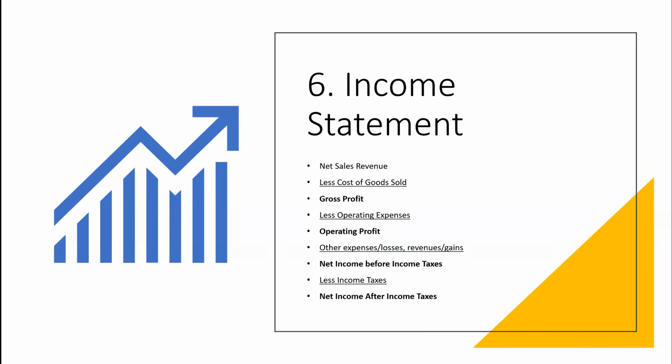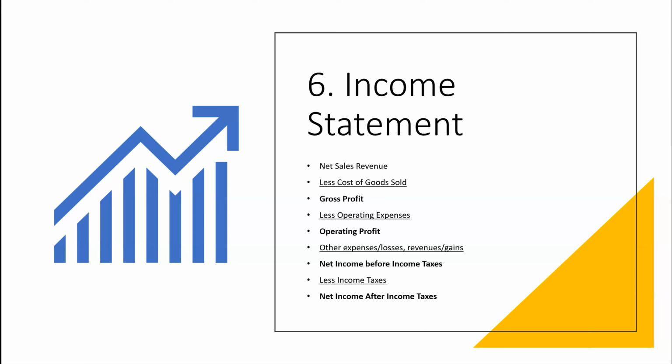So let's take a look at the income statement here in a little more detail. The way it flows is you have your net sales revenue at the top of the statement. And it's net sales revenue because what we do is we take the gross amount of our sales revenue, we take out any things like returns and discounts and so forth. And so we net those sales revenues. And then we look at it and we say, let's reduce it by the amount of the cost of the goods that we sold. So we're in business to sell something. So we are selling something. And so we then go ahead and reduce the net sales by the amount of the cost of those goods that we sold. And we call that result gross profit.